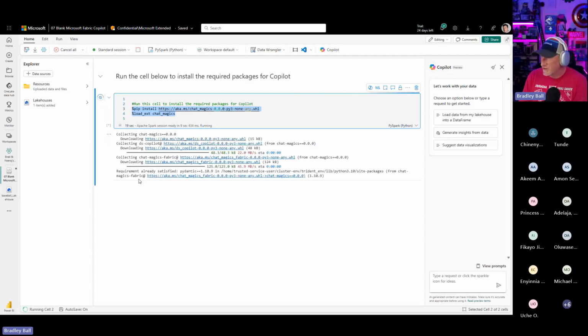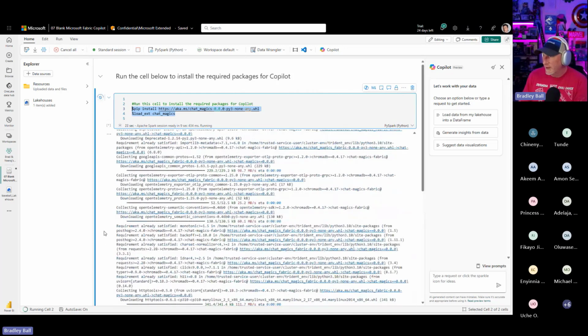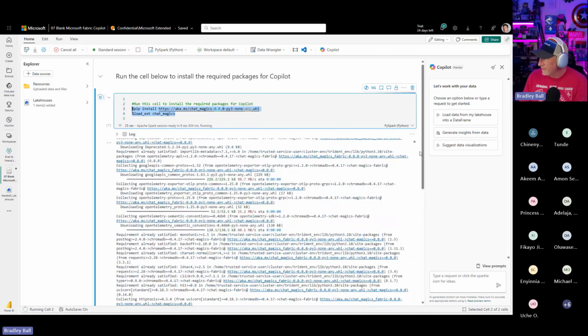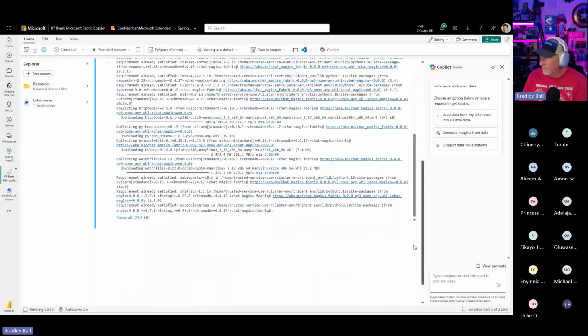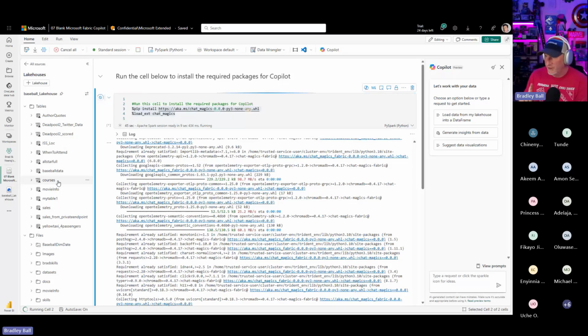What this does is run pip. So first off, very cool thing, we can run pip in a notebook. We can install the items that we want to. But when all of this finishes, this will actually tell us a little bit more about the functionality of Copilot that we have. There's a whole bunch of magic commands. Now, I'm going to try and type only two things in this.